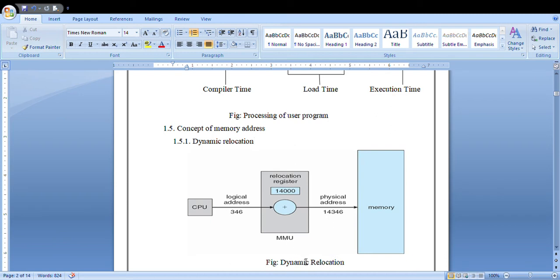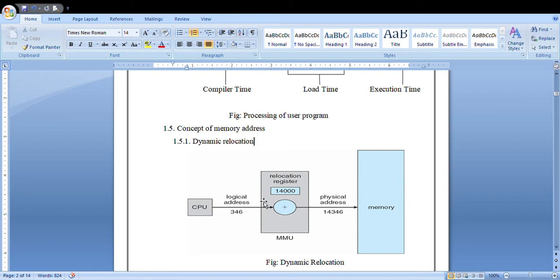It is responsible for runtime mapping of the virtual address to the physical address.